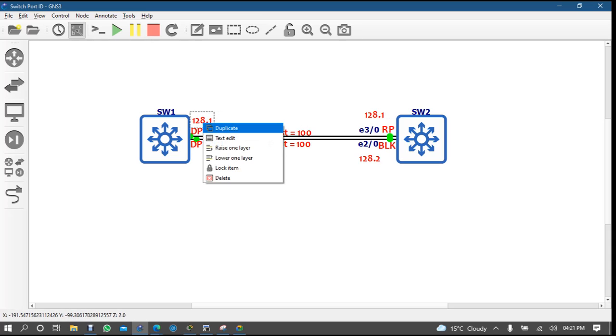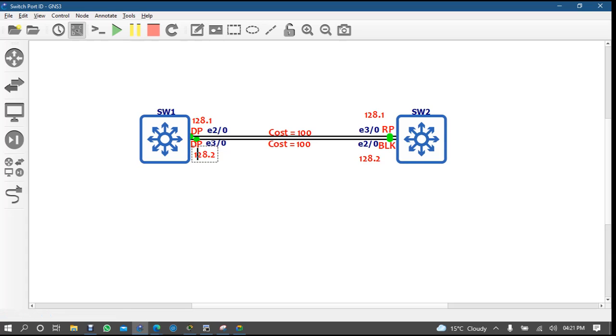Link priority is 2. Okay, now when every parameter is the same, they will check only three things. First is link cost. So link cost is now the same, right? Yes. Second, they compare